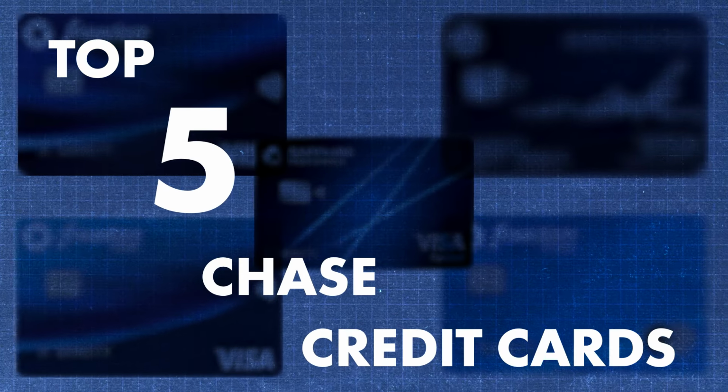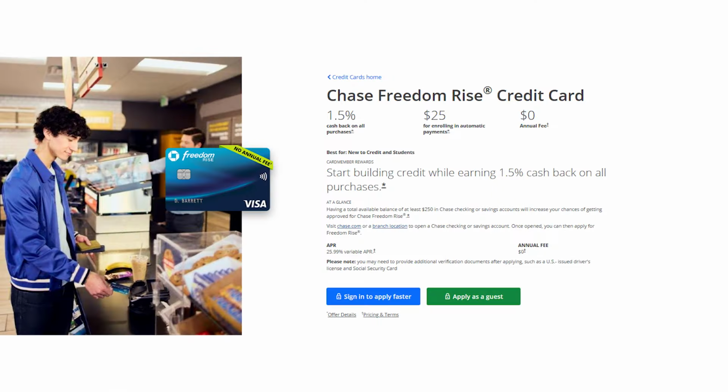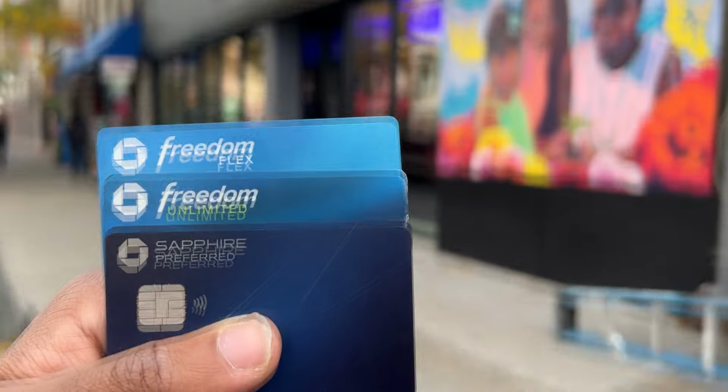Whether you're just starting out or looking to upgrade your credit card, these are the top 5 Chase credit cards and how to climb the Chase credit card ladder. Starting with the first one, the Chase Freedom Rise, which is a no annual fee credit card that is perfect